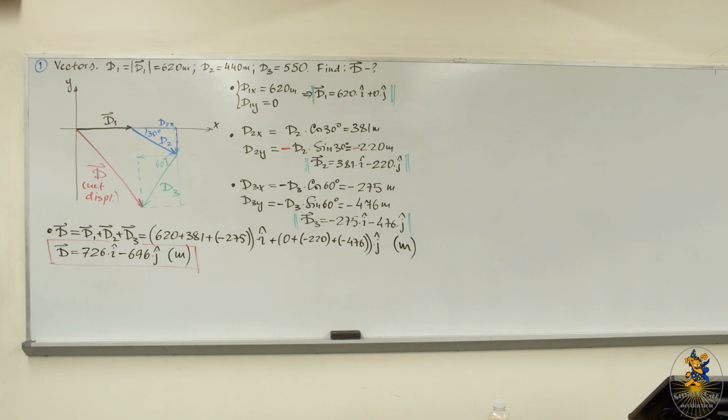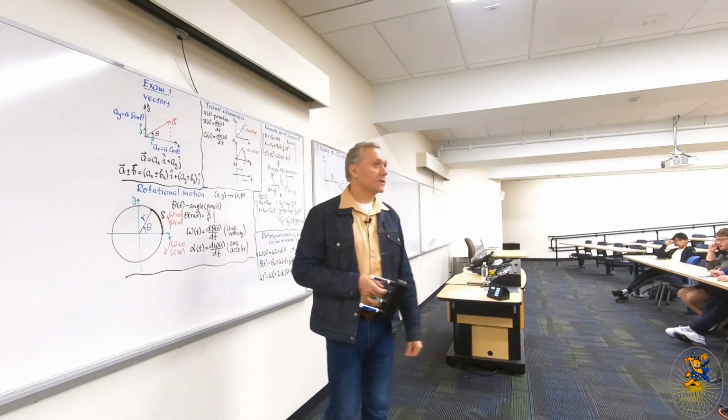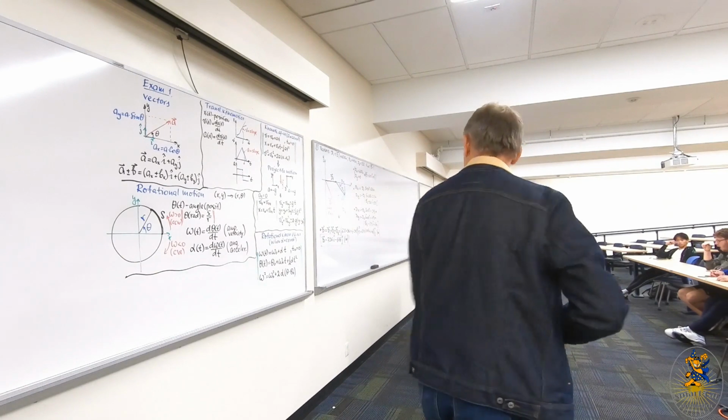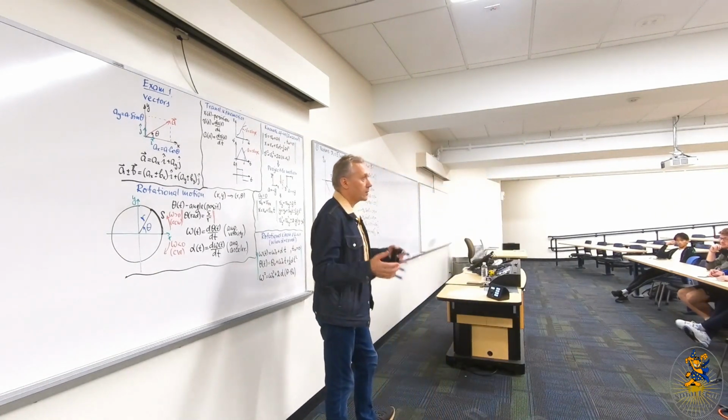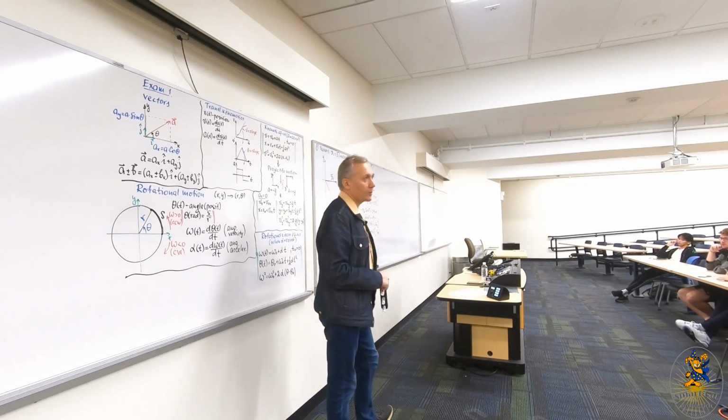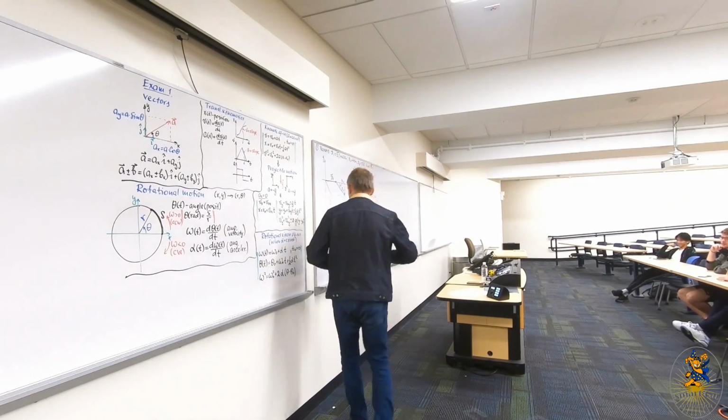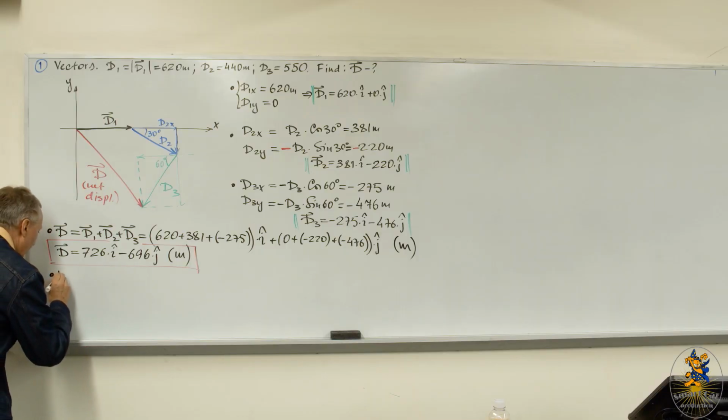Does it make sense, pluses and minuses? X component is positive. Just based on the picture, it looks like our vector will be in the fourth quarter. So positive and negative, yeah, it's in the fourth quarter. So it seems correct. And now let's find the magnitude of this vector and the direction in order to exhaust the problem completely. So now magnitude